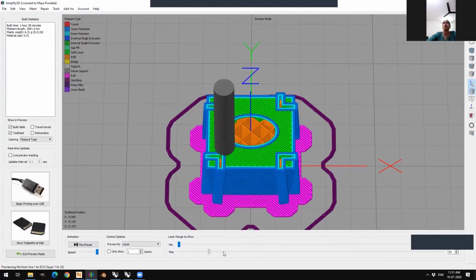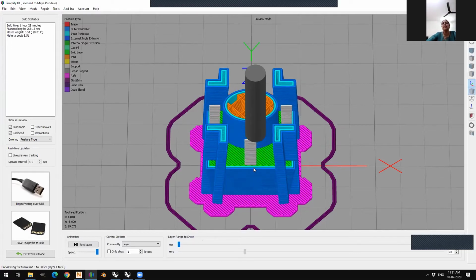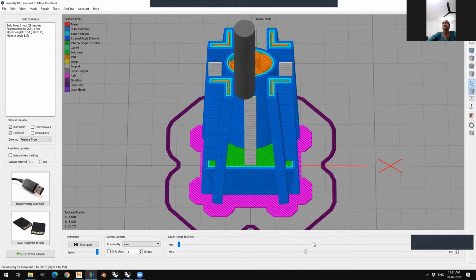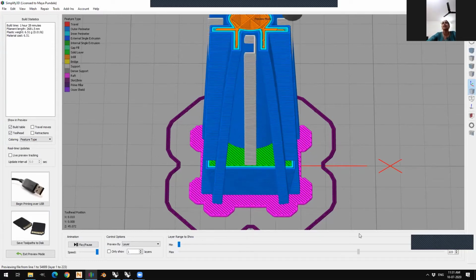Then I had spoken of overhangs. What you can see in gray over here is a support. The supports are generated because, have a look at this point.